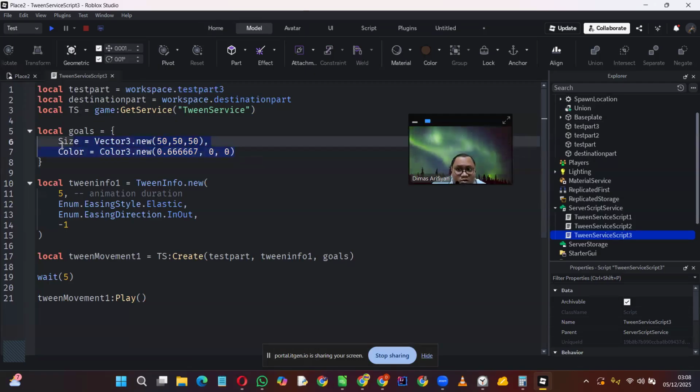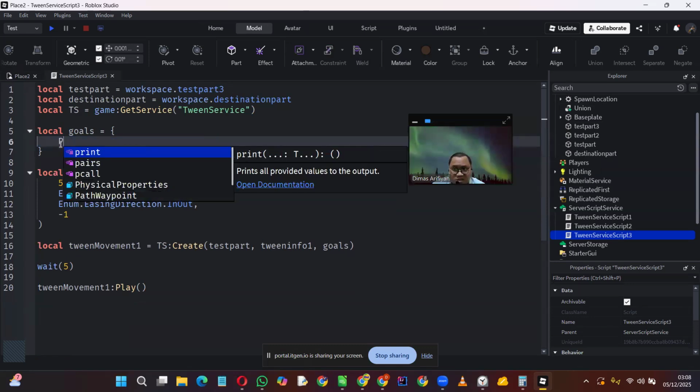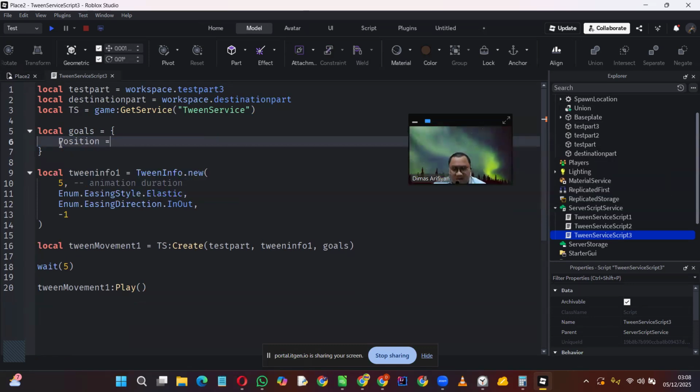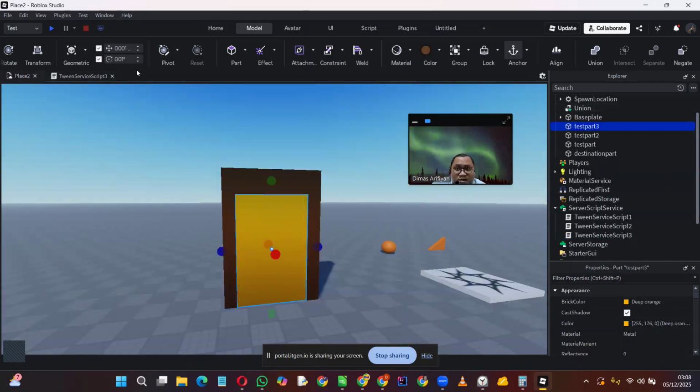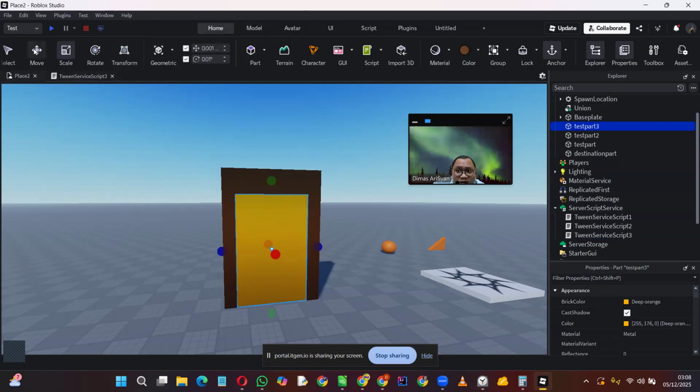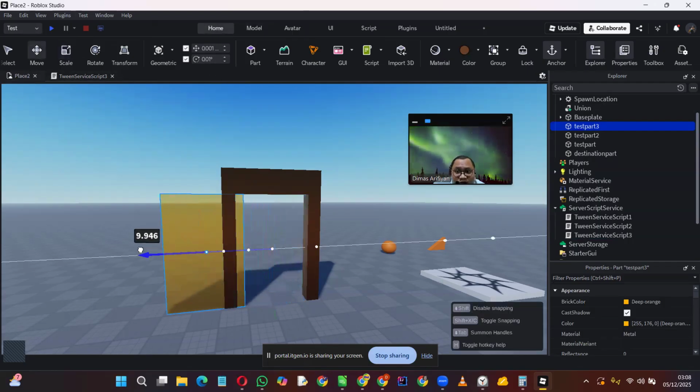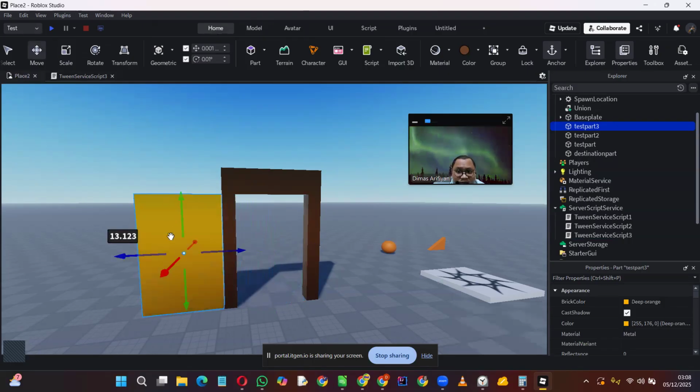And the goals here, we need to make it left, right? And how to make it left? It means the position. Delete the goals, change the position. Where's the position? I want to make it a little bit left. How? Click home, click move it here. This is the goals. Try to find the position,